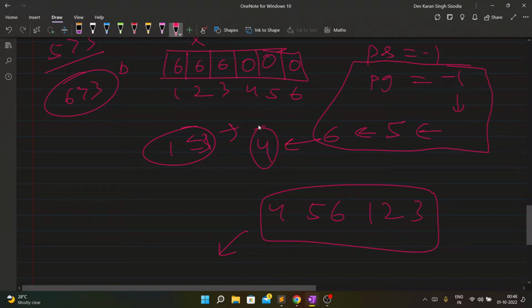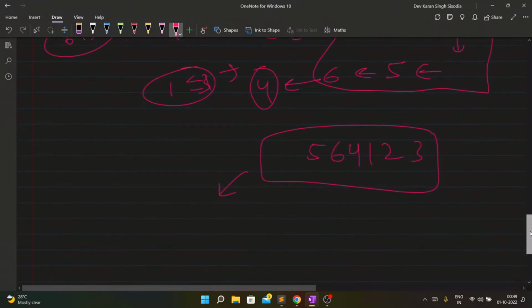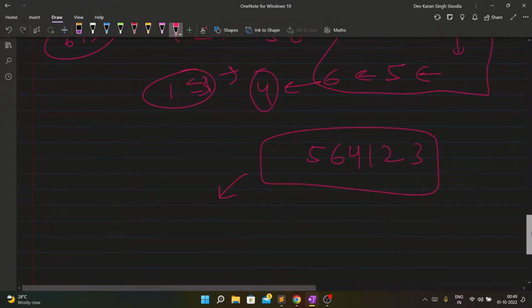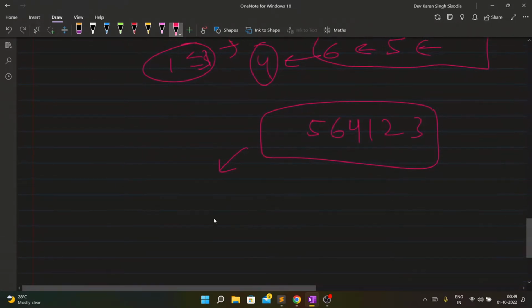Then my PG would have been 4 and all of these would have been 4, and this was the sequence that we required. So what if I erase 4 from here and place it over here? So it will give the correct answer.